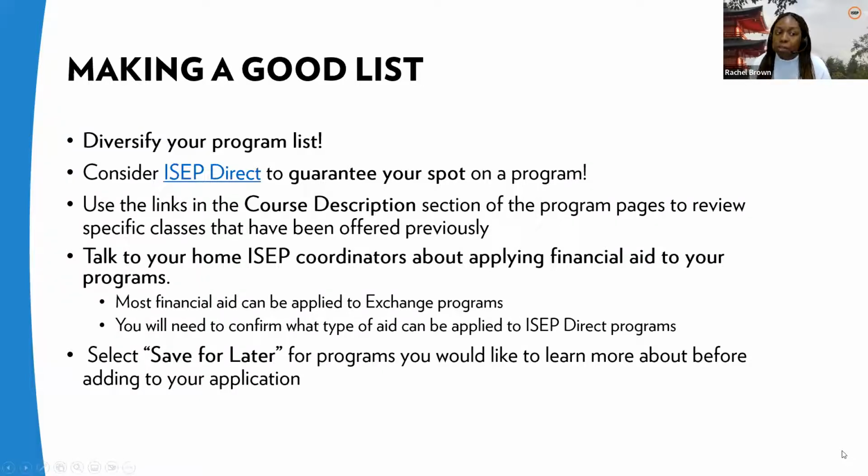Okay, and so overall, to maximize your chances of receiving a placement for where you want to go, we encourage first diversifying your program list and including as many programs as you'd be interested and willing to study abroad and that will meet your academic needs. So don't be afraid to take time and explore through the program finder. We have so many programs that are available. We definitely encourage you to use that time to find and explore different options that might be a